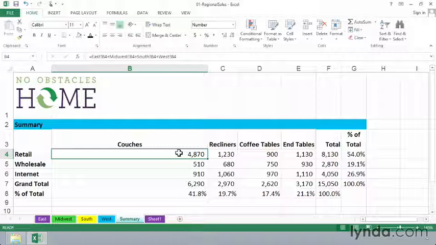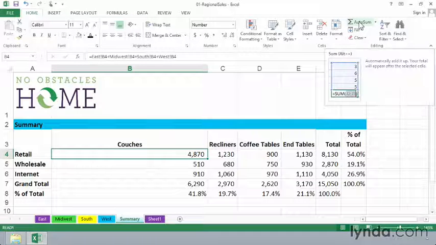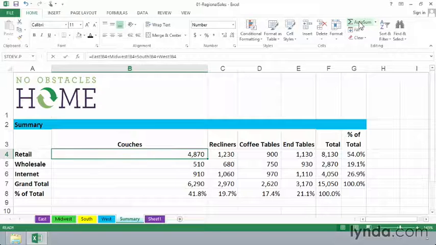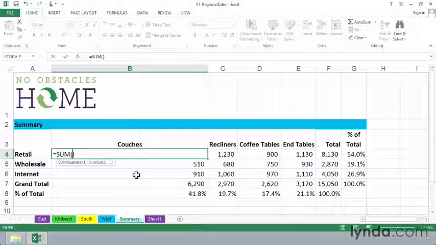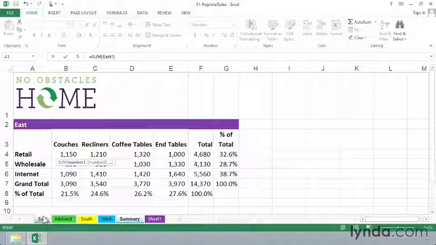Let's begin simply with Auto Sum. There it is on the Home tab. It's also available on the Formulas tab. Let's start with Auto Sum, and then let's select all the sheets in question. And if you've worked with multiple worksheets before, you know that you can select different sheets by clicking the first sheet and then using the Shift key and clicking the last sheet. So the next step is to click the East sheet, and with the Shift key held down, click the West